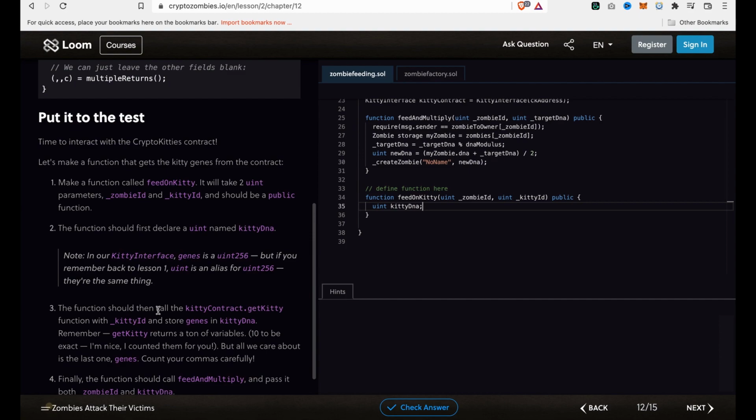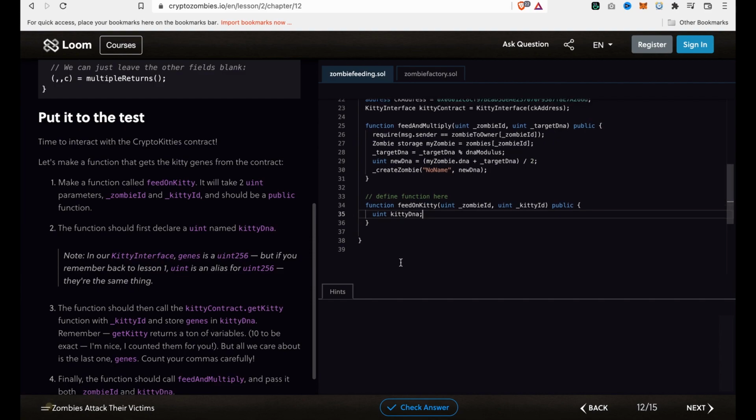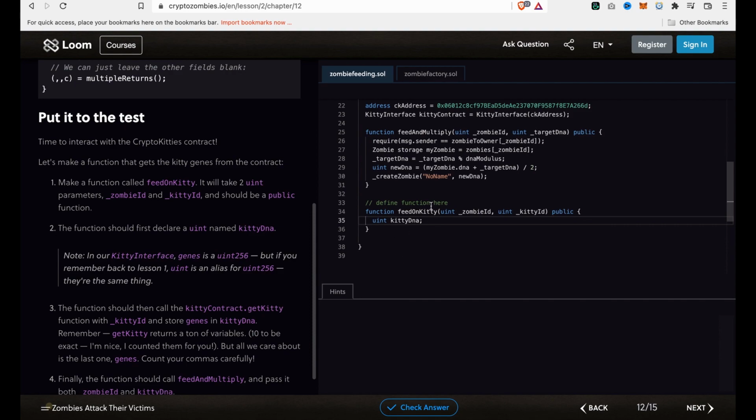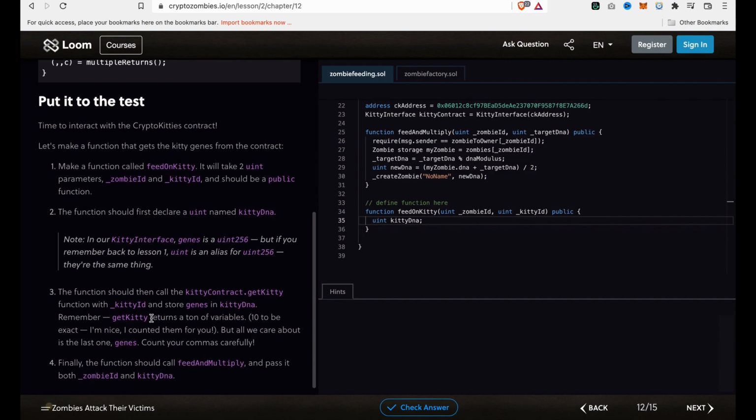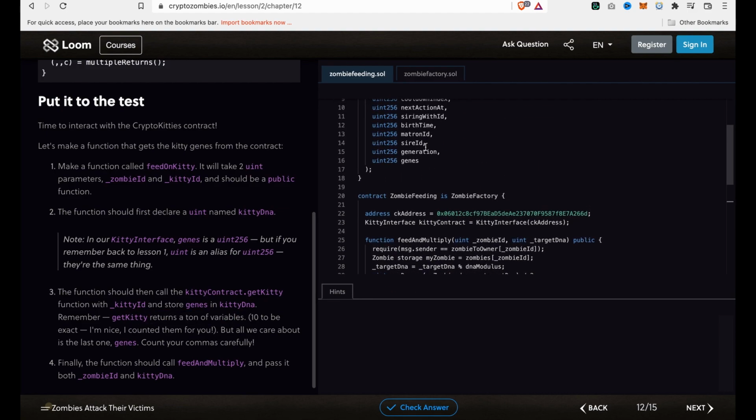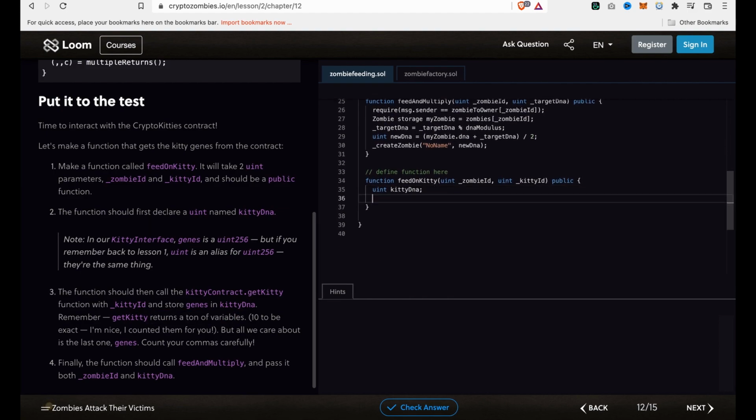The function that should be called is kittyContract.getKitty with kittyId and store genes in kittyDna. So now we just want to get the genes, and we define it as the kittyDna. So now there are a ton of variables and tend to be the exact. So the genes is at the 10th variable. We open the bracket and type nine commas,